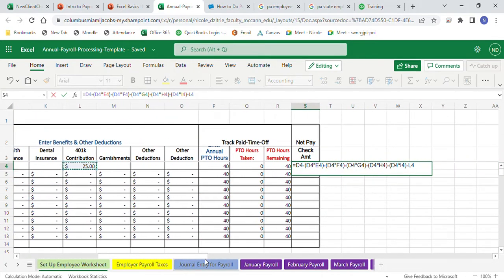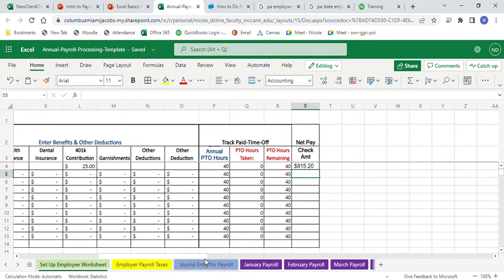Now I'm going to push enter, and that employee would get $815.20 as net pay. So his check would be $815.20 and his gross pay was $1,000. Now obviously somewhere else you would be recording the total amounts, and then, you know, if you're a very small